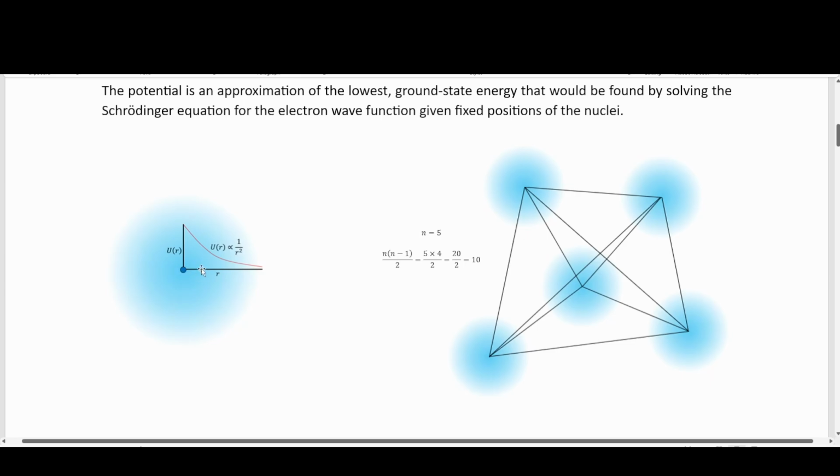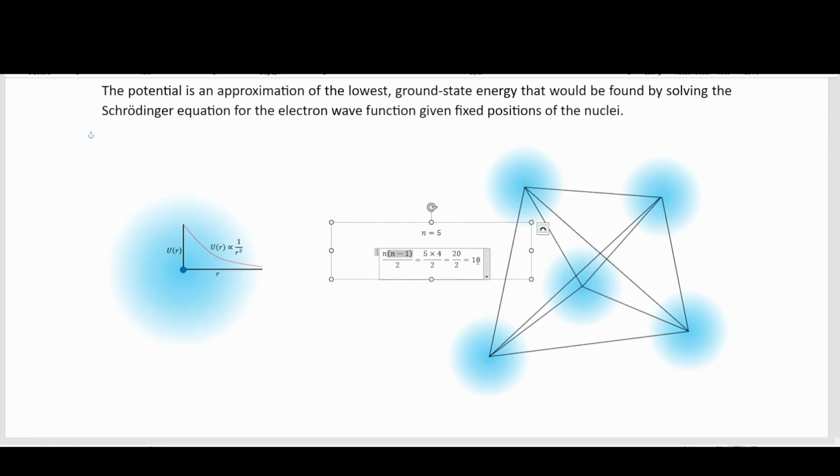If we have a particle here, then it has this potential function around it that drops off as 1 over r squared. So if we end up with something like 5 particles in our system, then we would end up with 10 different interactions going. So each particle is interacting with every other particle. So given this formula right here, even for just 5 particles, we end up with 10 different interactions. Again, if we have a number of particles on the order of a mole,